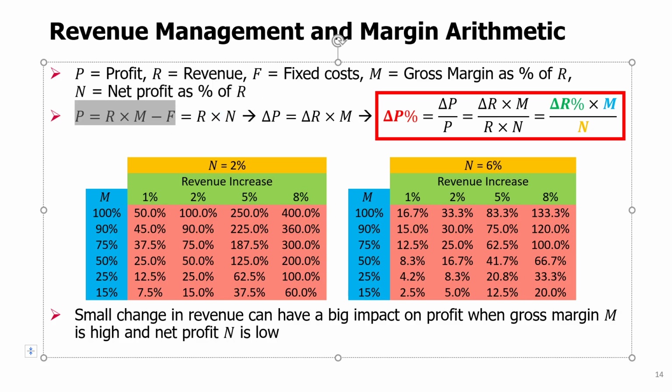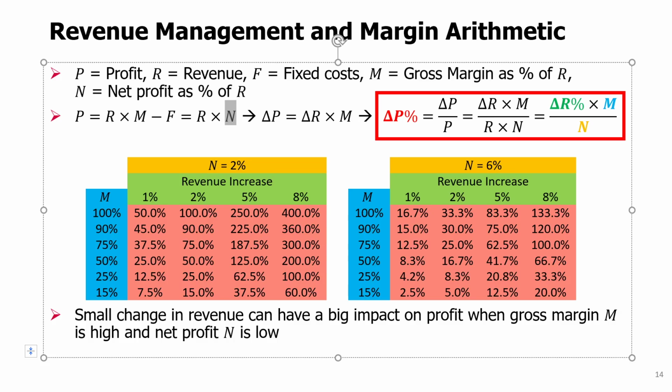So this is one correct calculation, but we can also express the profit as revenue multiplied by net margin, and net margin is basically how much profit we get as a percentage of revenue. These are usually small because there is competitive pressure. If somebody is making a very large profit, like 50% net profit, then this is a very attractive industry, and so there will be other companies entering. If it's relatively easy to enter, there will be companies that will enter this industry, and the competition will drive